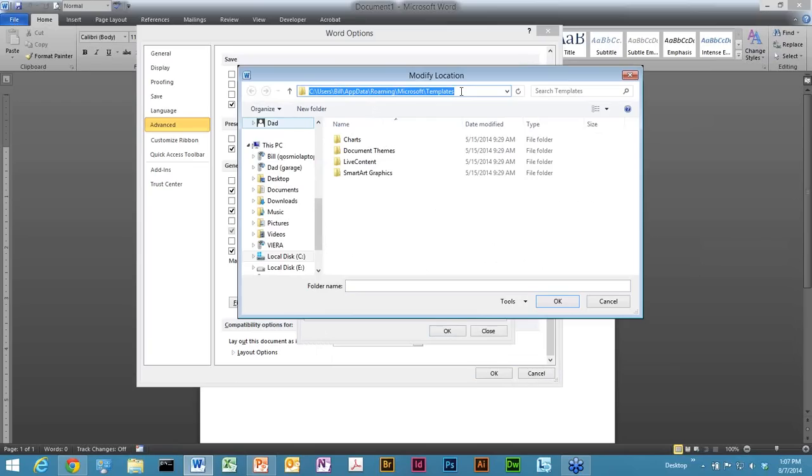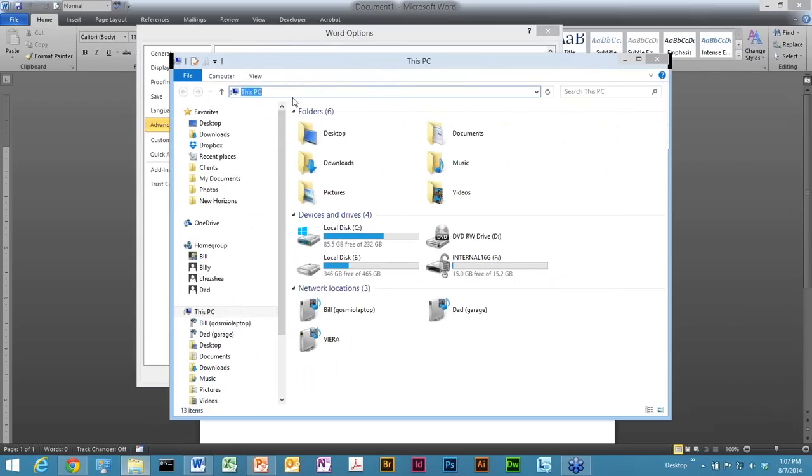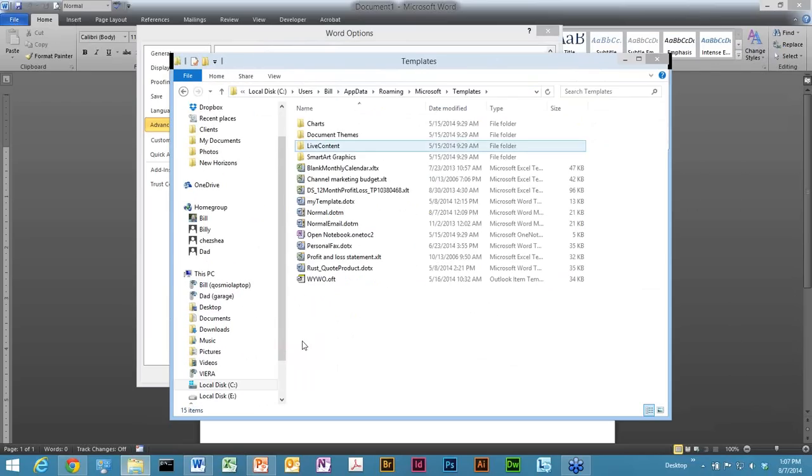So now I can just copy that, open up my browser Explorer, and paste. And there it is. So I'm in my C drive, Users, my name, the actual user, AppData, Roaming, Microsoft, Templates, and there is